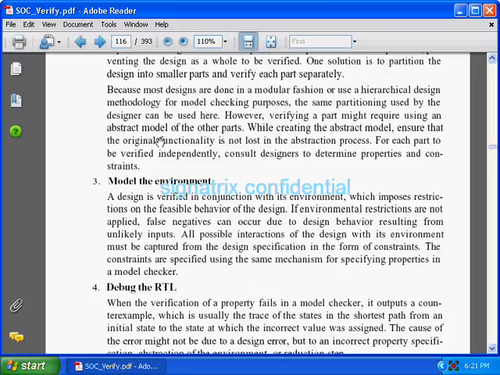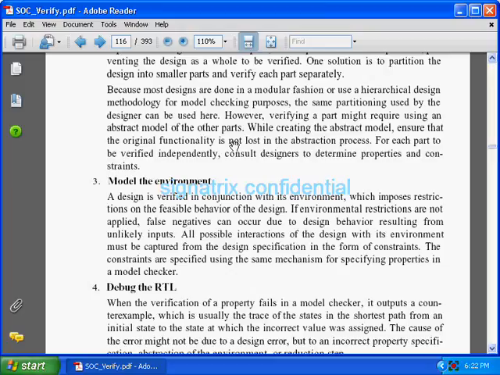When you want to verify, you may go with some abstract models. While creating the abstract model, ensure that the original functionality is not lost in the abstraction process. What they are trying to say is, there is a situation when your detailed RTL description code is very big, and your model checking tool is not able to take it as input.